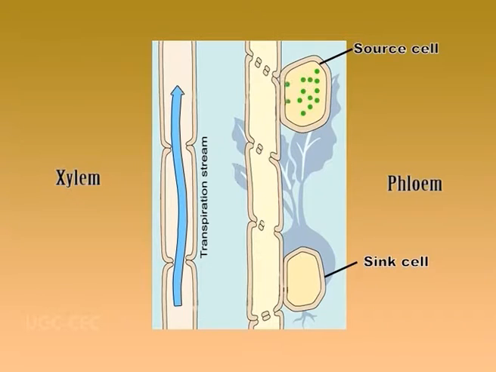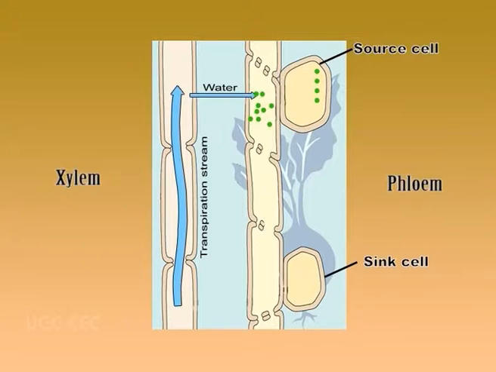The pressure gradient is established as a consequence of phloem loading at the source and phloem unloading at the sink. In sources, energy-driven phloem loading leads to the accumulation of sugars in the sieve elements, generating low solute potential and causes a decrease in water potential. In response to the water potential gradient, water enters the sieve elements and causes turgor pressure to increase.